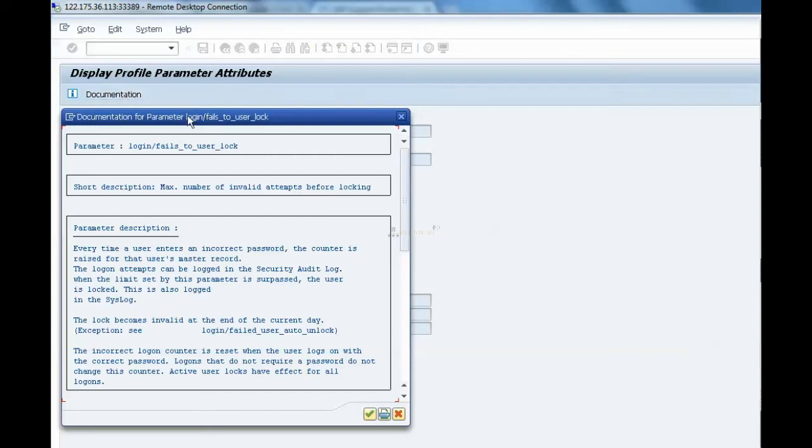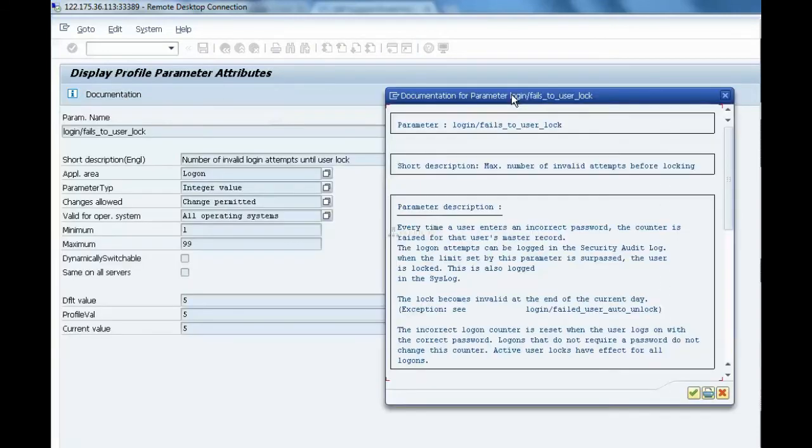If you see the documentation, it gives the description of this parameter. When a user enters an incorrect password, the counter is raised in that user's master record. The current value is 5.